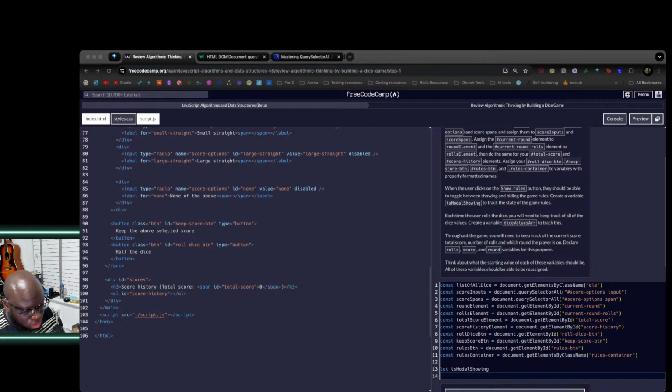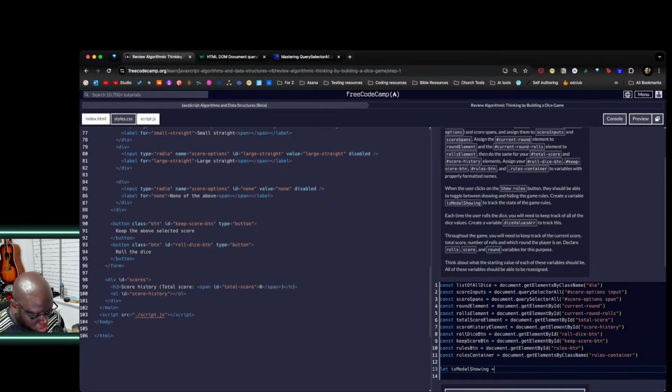It has to be a Boolean though, doesn't it? So if it's a Boolean,